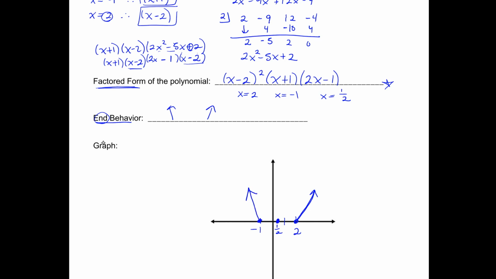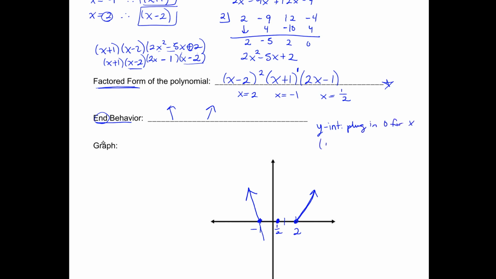Is it going to pass through or bounce at negative 1? Pass through. How do we know again? The multiplicity is odd, right? It's an odd factor, so it's going to pass through. It's going to the y-axis. How can I determine what the y-intercept is? Plug in 0. So if I plug in 0 for x,